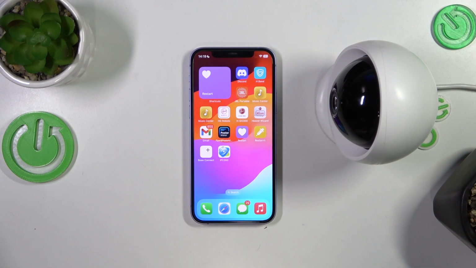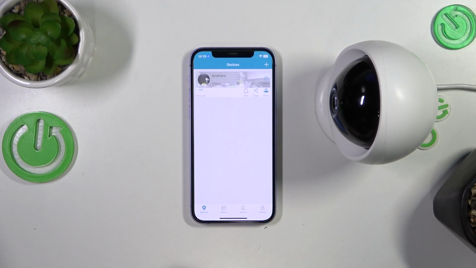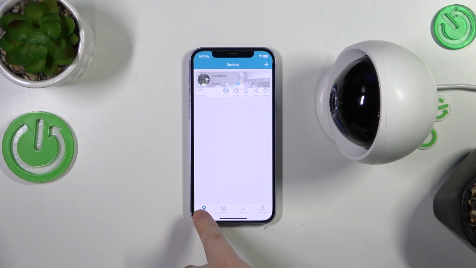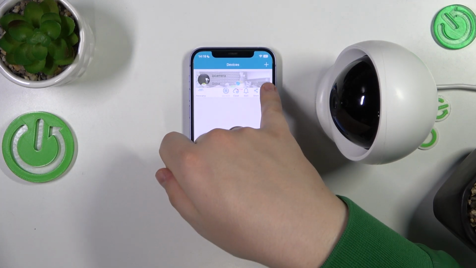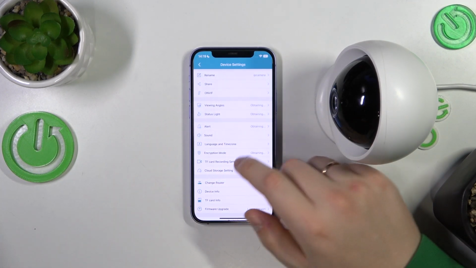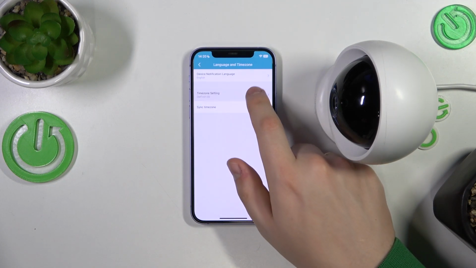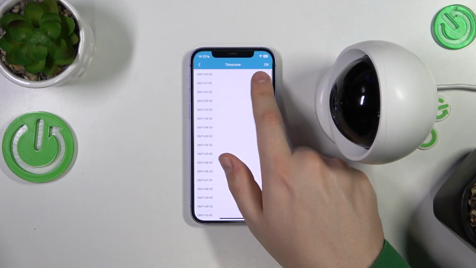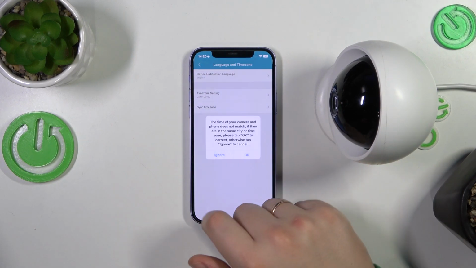So first, launch the app and sign into your account if you haven't already. Then find the camera in the devices section, the camera that you would like to change the time zone for, then go into the camera settings. Here, tap at the language and time zone setting, then select whatever time zone you would like to have, and then save your changes. You can also synchronize the time zone,